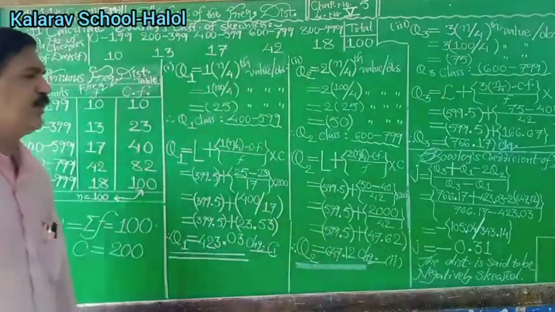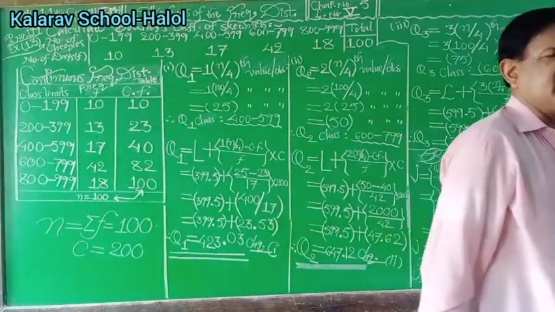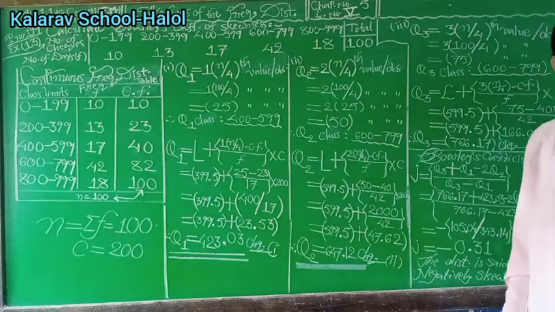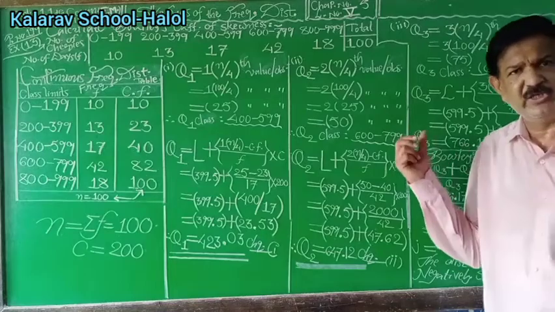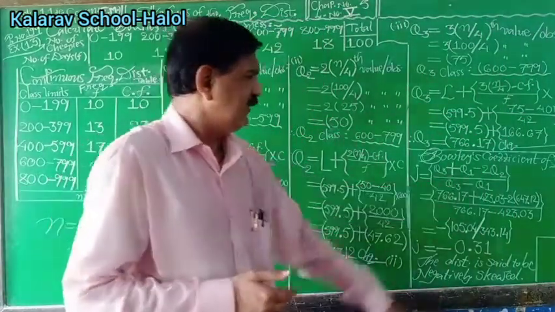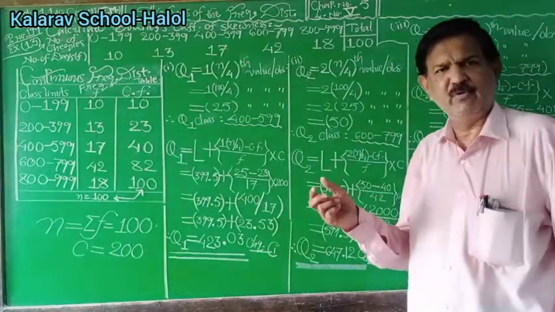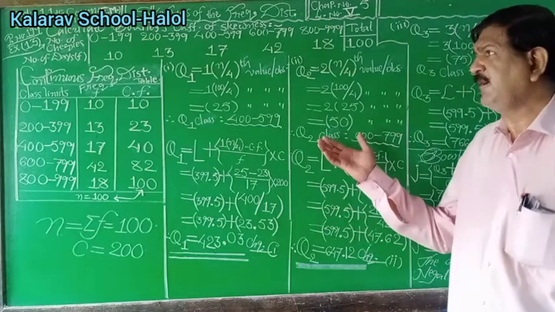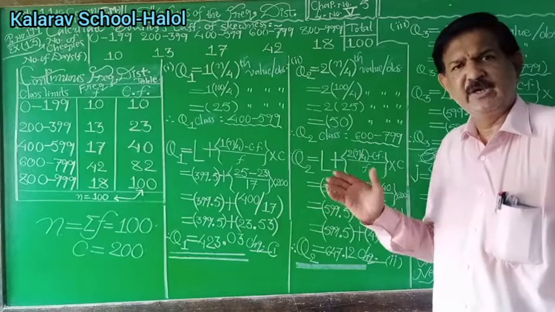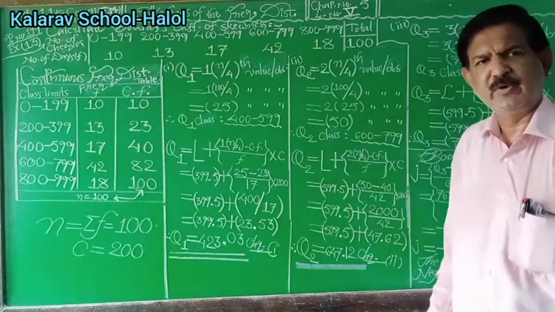This way we have to calculate the measure of skewness, and in measure of skewness two main methods are there: Karl Pearson method and Bowley's method, and short examples based on these formulas. Questions for 2 marks, a short example for 2 marks can be asked. This example can generally be asked for 4 to 5 marks. So practice very well: illustration examples, textbook examples, PDF, last year's paper, assignment, whatever you have.